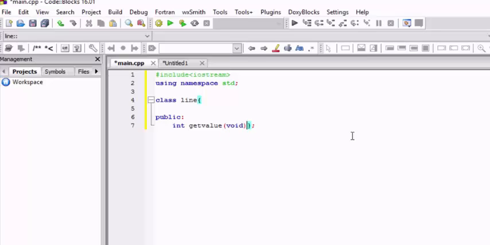Void type means no argument is being passed. And then line, the function name is line, this means it's the constructor. In this I am taking an integer value len, that signifies length, which means this is a parameterized constructor. I have taken a getValue function and a parameterized constructor, then again a constructor